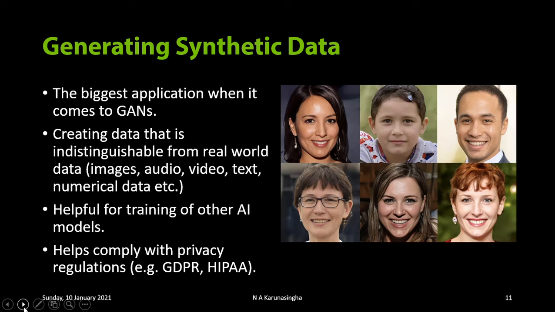So what they can do is, instead of disclosing that data set, they can use that data set to train a GAN, and then that GAN can be used to create fake data, basically synthetic data that is similar to the real world data. That data set can then be published because it's not real world data, as an open source project that can be used by other researchers. So it manages to create data without violating the patient's privacy. So it has immense advantages like that.